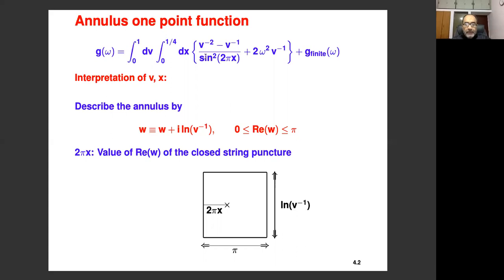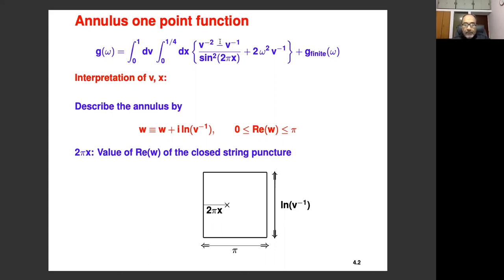So we want to treat this using string field theory, and the principle will be the same. Namely, we will first change variables from v and x to the Schwinger parameters, and after doing that, we'll use the appropriate replacement rule. Namely, the 1 over q square integral will be replaced by -1, and the 1 over q integral will just simply be set to 0, because those represent massless modes which will be integrated separately.